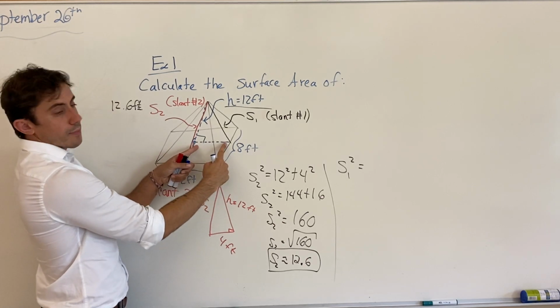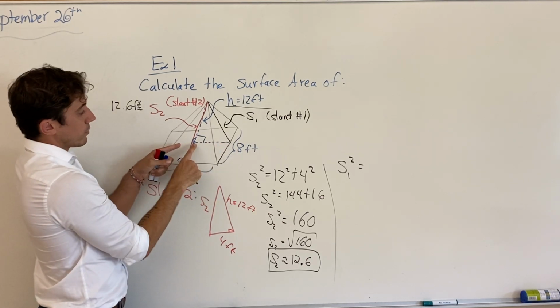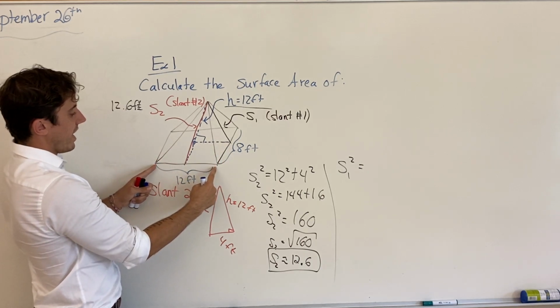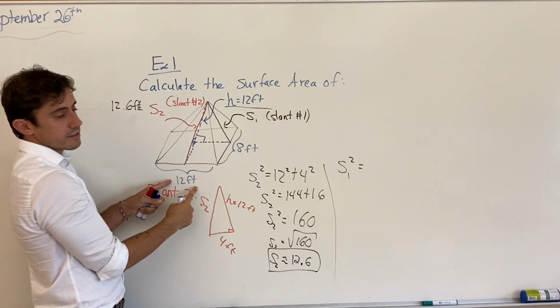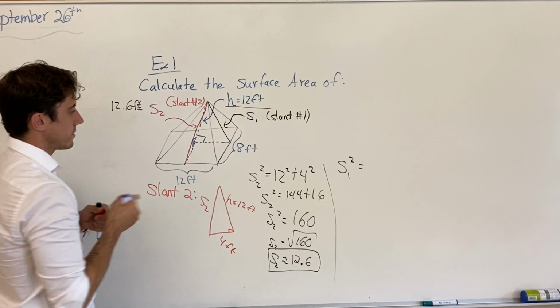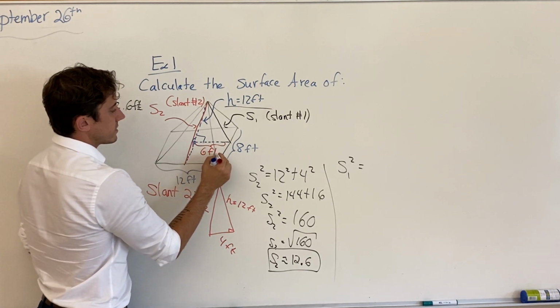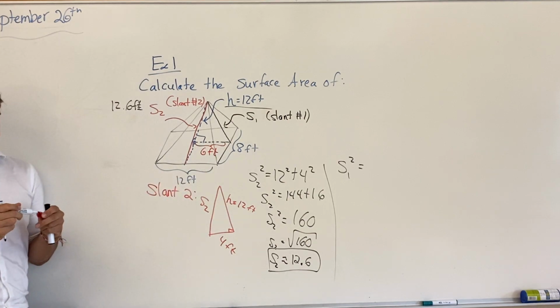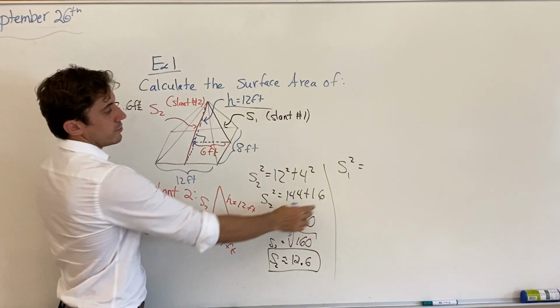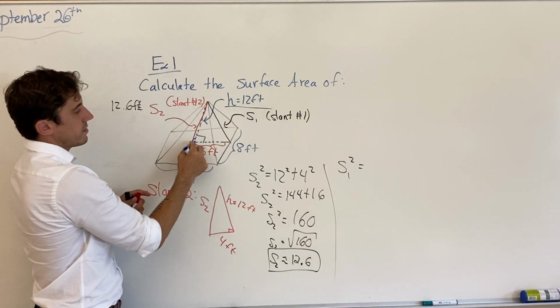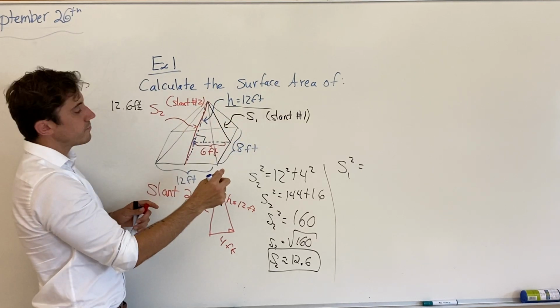We again have this bottom side length. Since we're going from the center to the edge of the pyramid, we know that that's exactly half of this 12 feet. And so clearly we get half of 12 being 6 feet for this bottom side length, right? And so now, using the Pythagorean theorem once again, S1 being the hypotenuse of our right angle triangle, we have